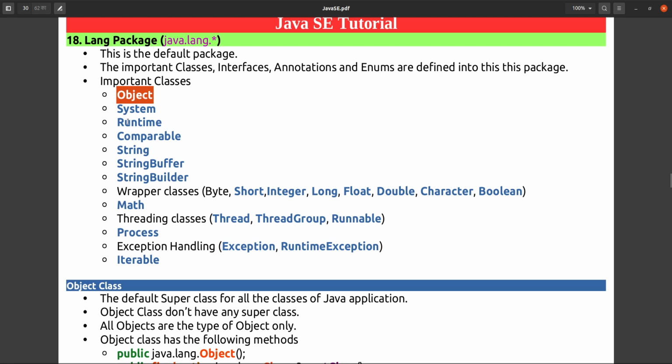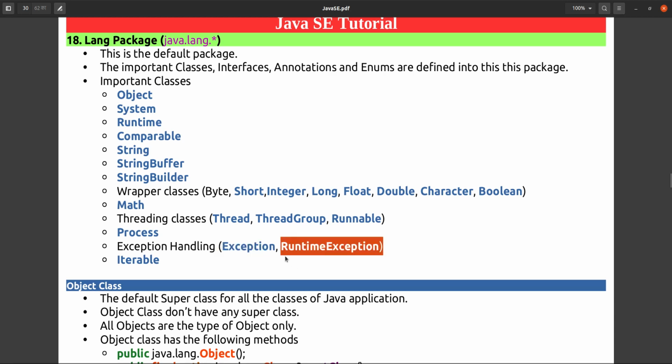So these are the important ones here: object, system, runtime, comparable, string buffer, string builder. Some wrapper classes are there, like short, int, long, float, double, character, boolean. These are the wrapper classes. Some threading related classes, thread group, runnable, process, math, and some exception handling related classes are there, like runtime exception, index out of bound exception.